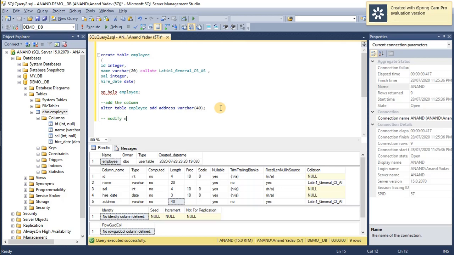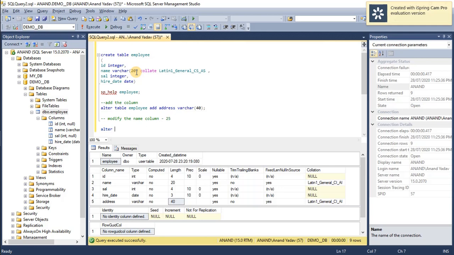Next, I wanted to modify a column. So let's say I modify the name column, and its length, earlier it is 20, now I wanted to make it 25. Some employee is a new employee and has a bigger name, so I wanted to modify my name field.